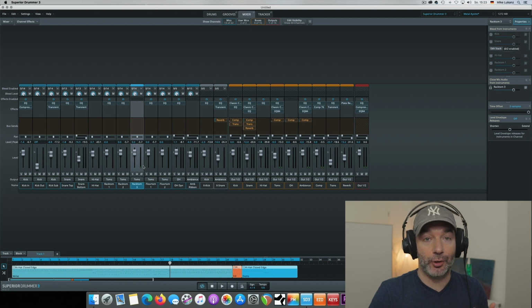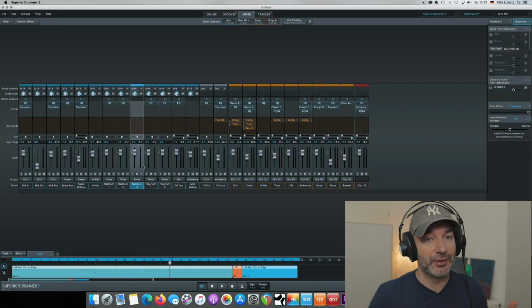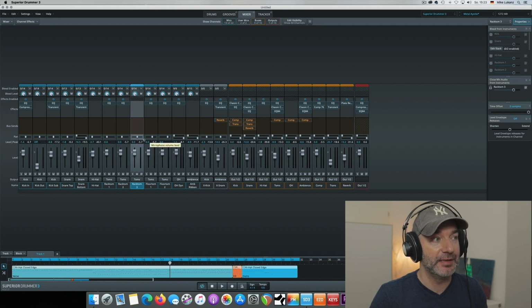The tom sounds almost bigger. You clearly hear a lot of room tail. This is because we have to change something in the stereo microphones and the room microphones where the tom is coming through as well. But one thing you might see, of course, is that all the other toms have some